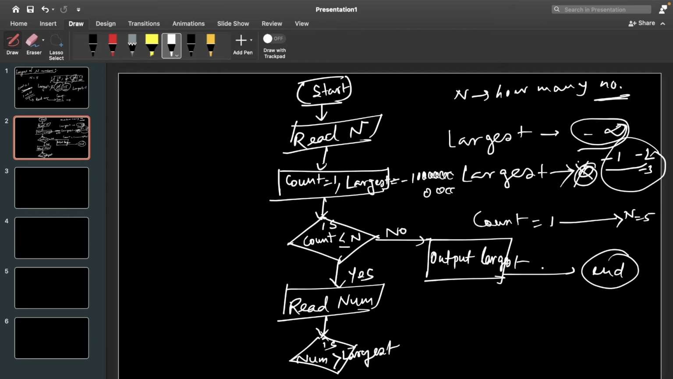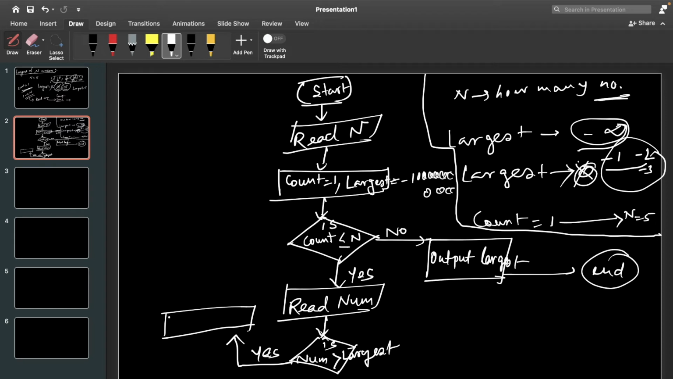Suppose the user has given me 1 2 3, okay. Then I have to check if the current number is greater than largest or not. And if the current number is greater than largest, then what I have to do now, the largest number will be the current number, right? The current number will be the largest,